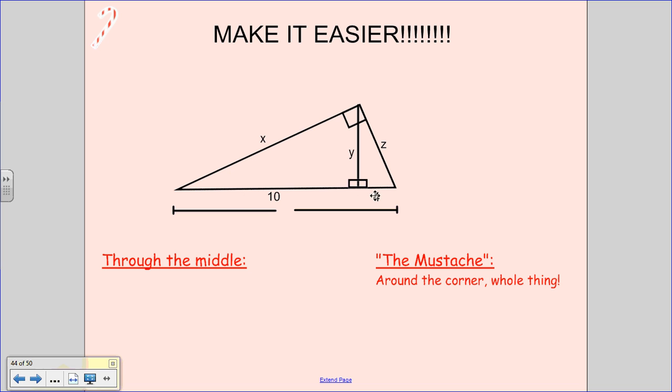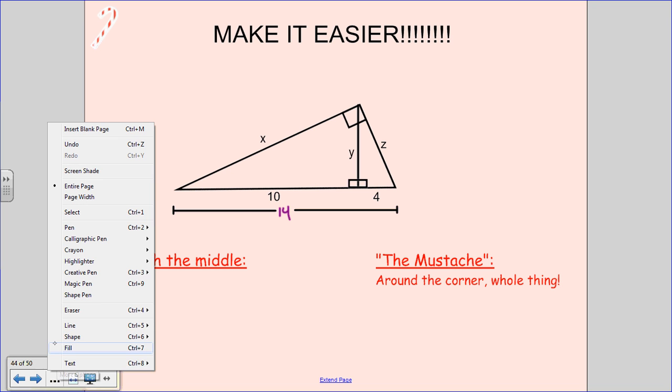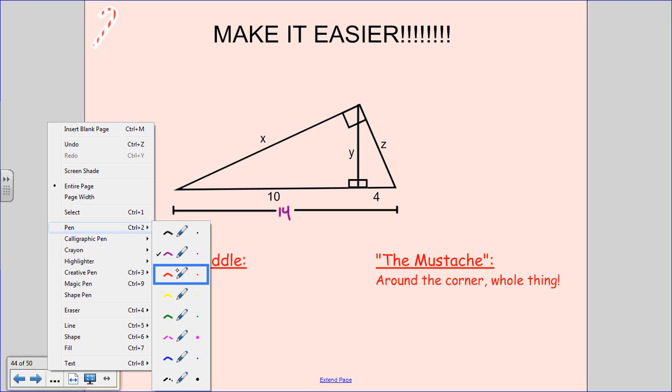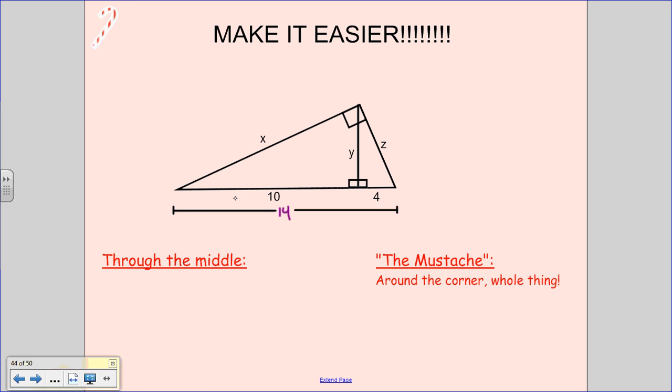First of all, what I would do is combine 10 and 4 so that you know what the larger side is, and that would be 14. So there's 2 ways to set up proportions. The first way is called through the middle. Through the middle, you have to always start on the longer side for the big triangle. In other words, the hypotenuse of the big triangle, again, always across from the right angle. And when you start there,